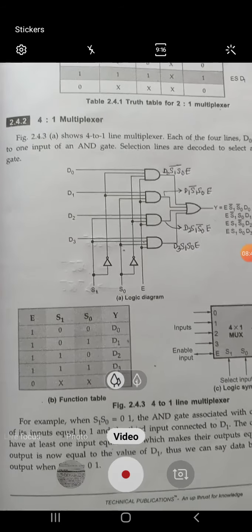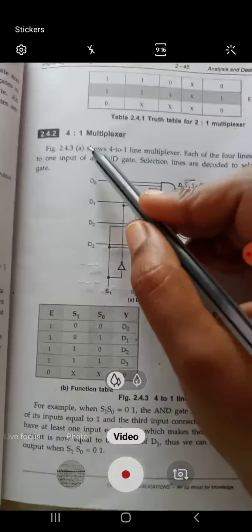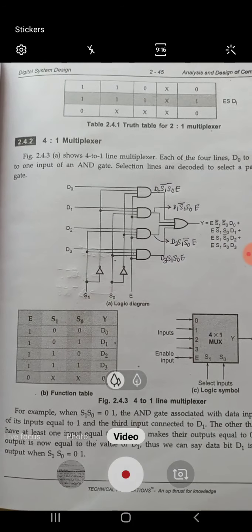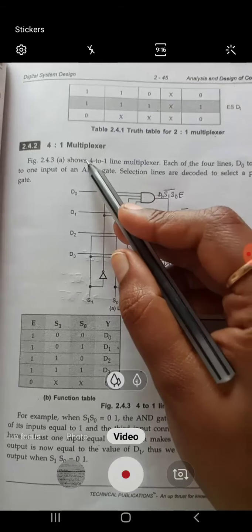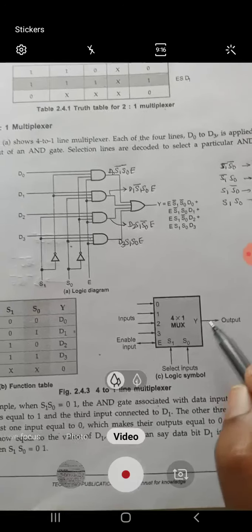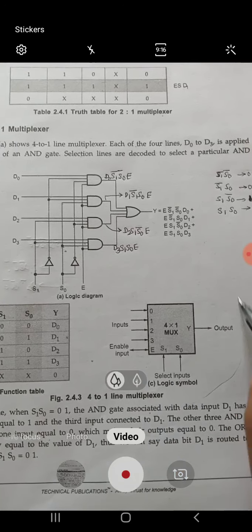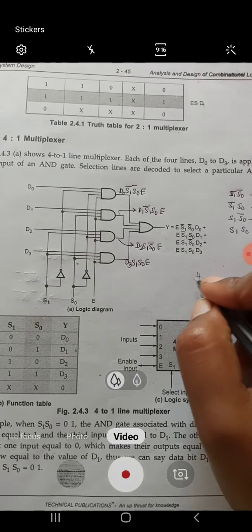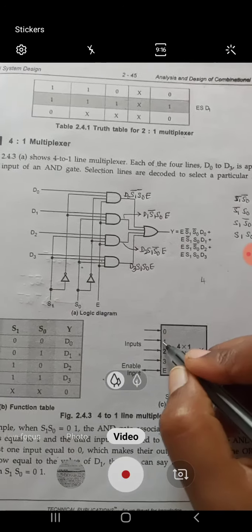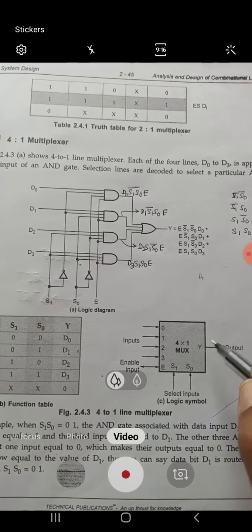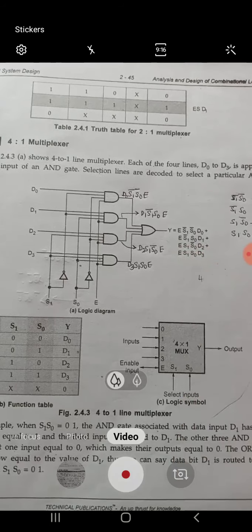So now let us check this multiplexer over here. This multiplexer configuration is a 4:1 mux. It means 4:1 means there are 4 input lines, there is 1 output line. See here, you can see the configuration of this. 4 means what? Not 1 to 4, but I am going to tell it as 0 to 3. 0 1 2 3 means how many inputs? There are 4 inputs. How many outputs do you have? You have only 1 output.